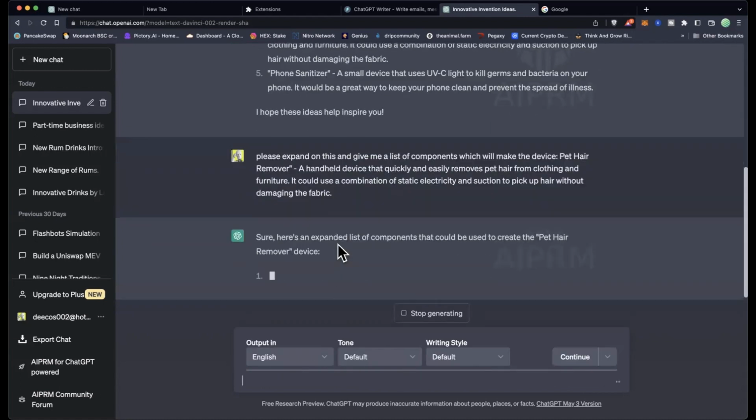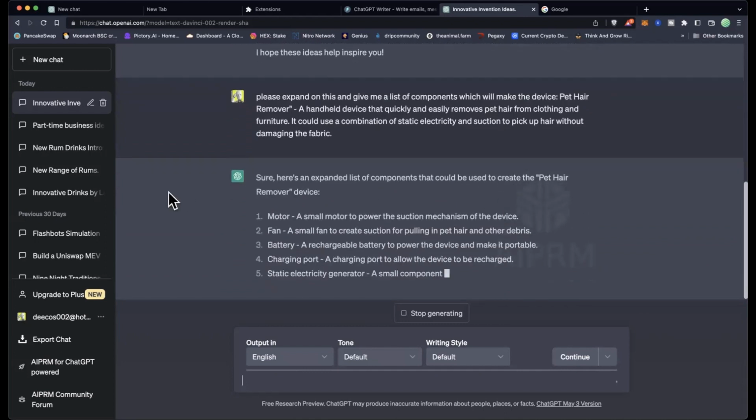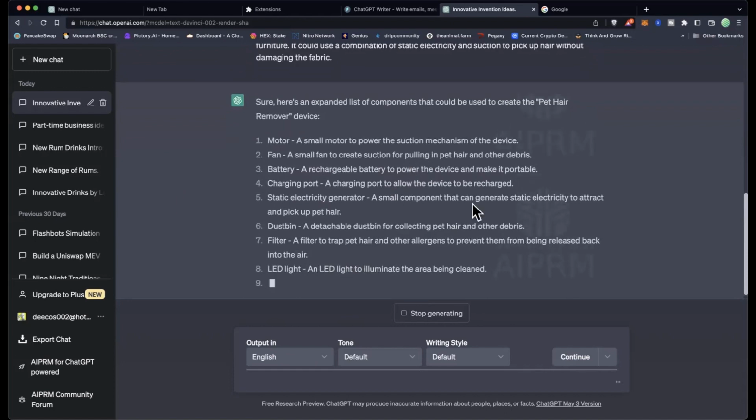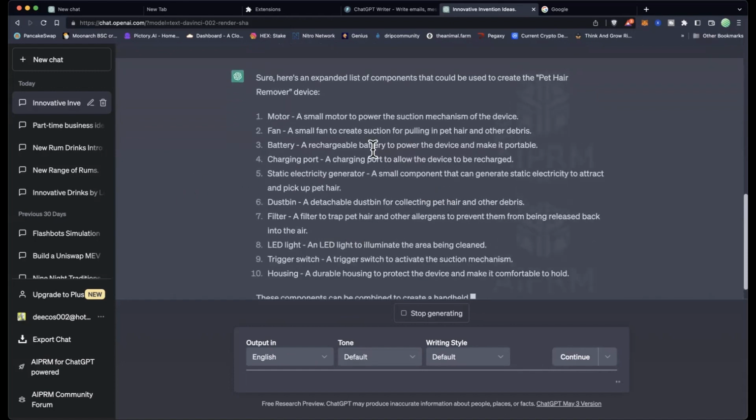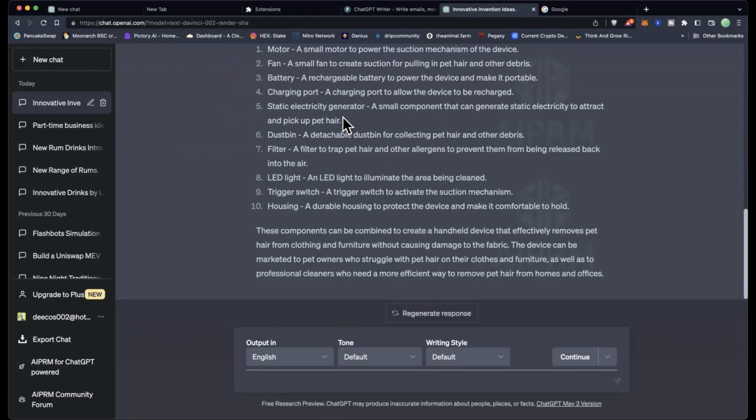And scroll down. Sure, here are the expanded list of the components that could be used to create the pet hair removal device. Motor, small motor to power the suction mechanism of the device. Fan, a small fan to create suction for pulling in the hair, blah, blah, blah. Battery, we've got charging port. Dustbin, a detachable dustbin for, filter to trap pet hair and other allergens. LED light and a trigger switch and housing. To be quite honest,